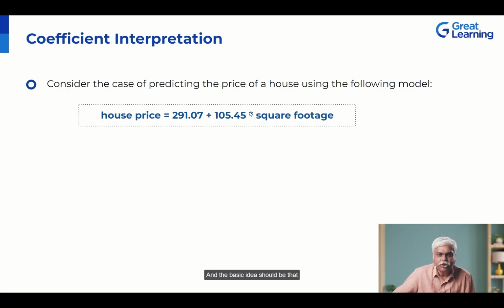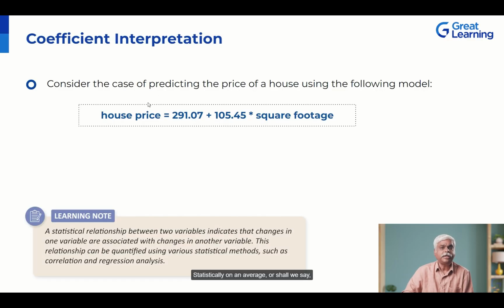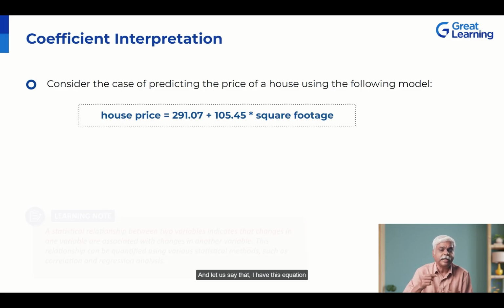And the basic idea should be that the larger the house, the more expensive it is. You know that this is not always strictly true. You could have a house that is in a great location and is smaller and therefore is priced more. So this is a statistical relationship, statistically on an average, or shall we say averaged over other variables. The larger the house is, the greater is the price. And let's say that I have this equation,